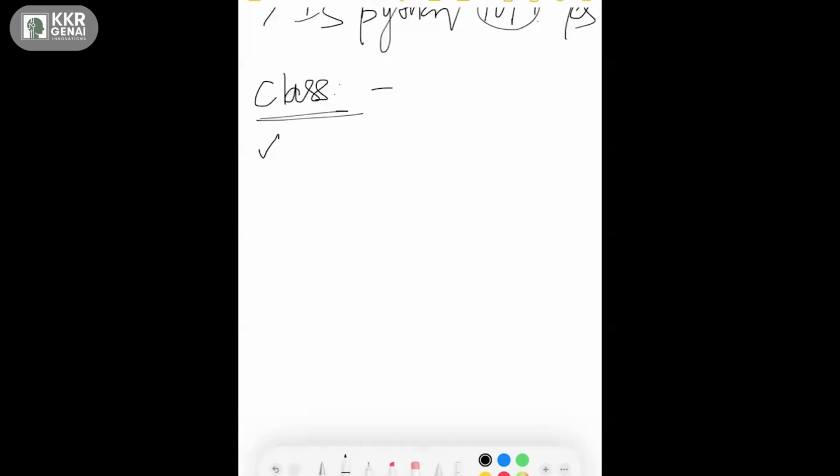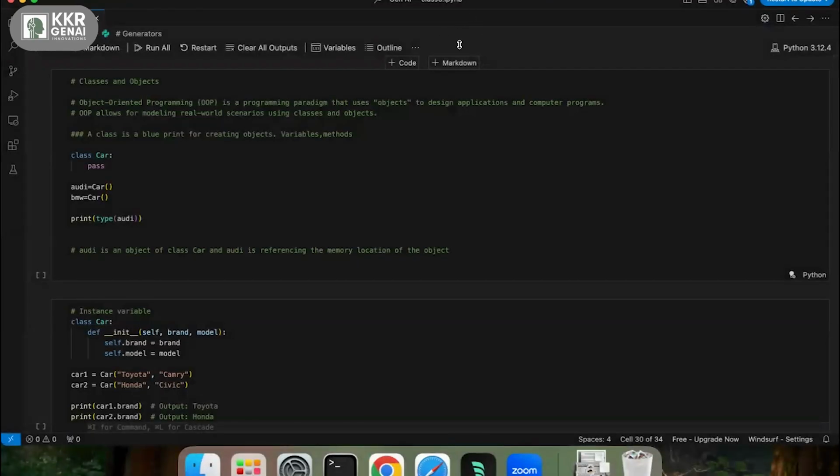Okay, got it. But let me put this question again. Why do we need that? That is where we write our variables, methods, and all the functionalities that we wanted to implement in the code, and then the variables that are used for those functionalities. We embody everything within that class. It's not a physical model actually. You cannot use that unless you create an object of it. Got it.